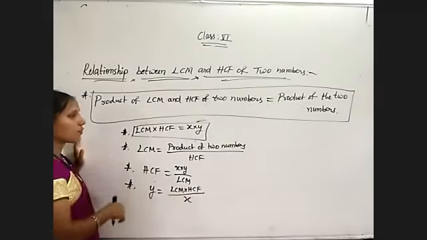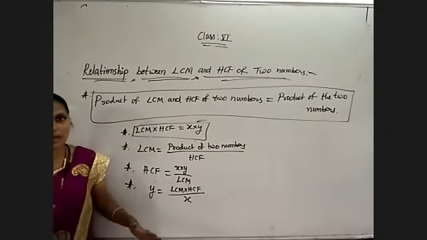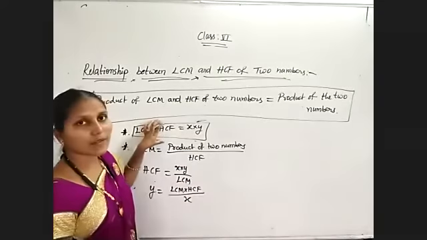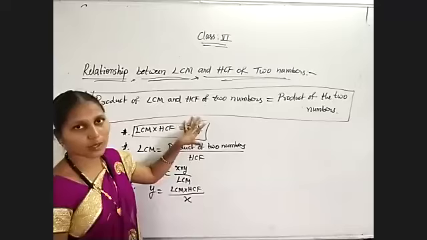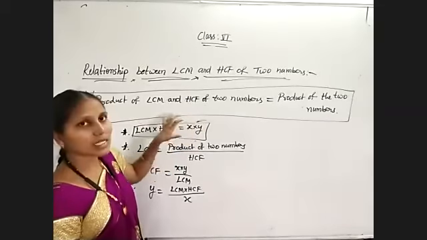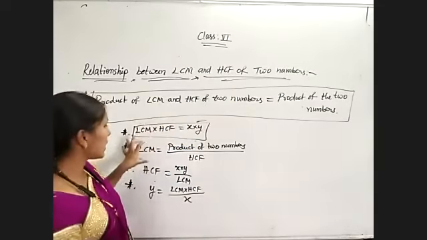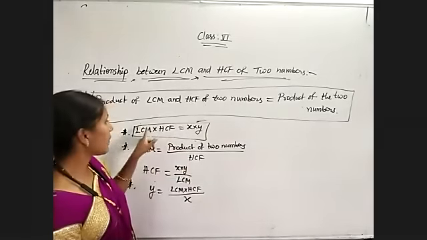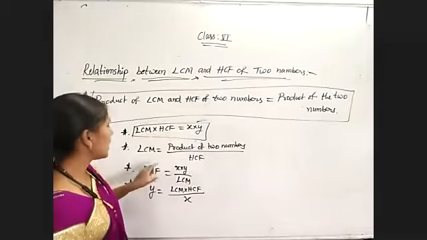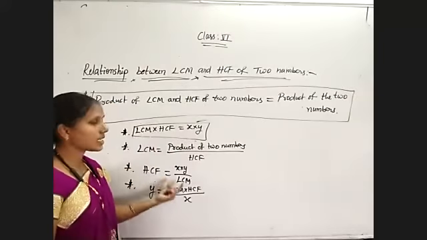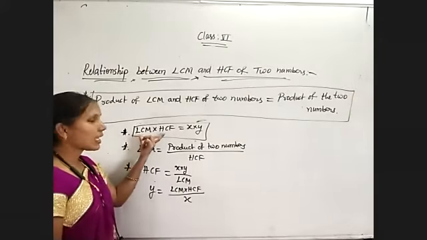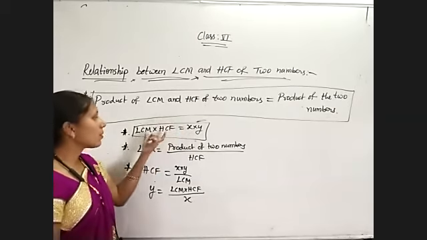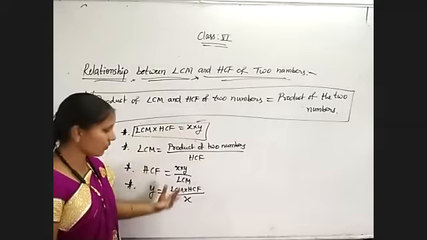So by using these four formulas, we have the next exercise. Okay, depending on the formulas only completely. Basic formula is product of LCM and HCF is equal to product of two numbers. If they are given product of the numbers and HCF, in that case we need to find out the LCM by using the formula product of two numbers by HCF. If they are given LCM and product, in that case HCF is equal to product by LCM. And LCM, HCF both given and any one of the numbers is given, in that case, another number is product of LCM and HCF by one of the numbers.